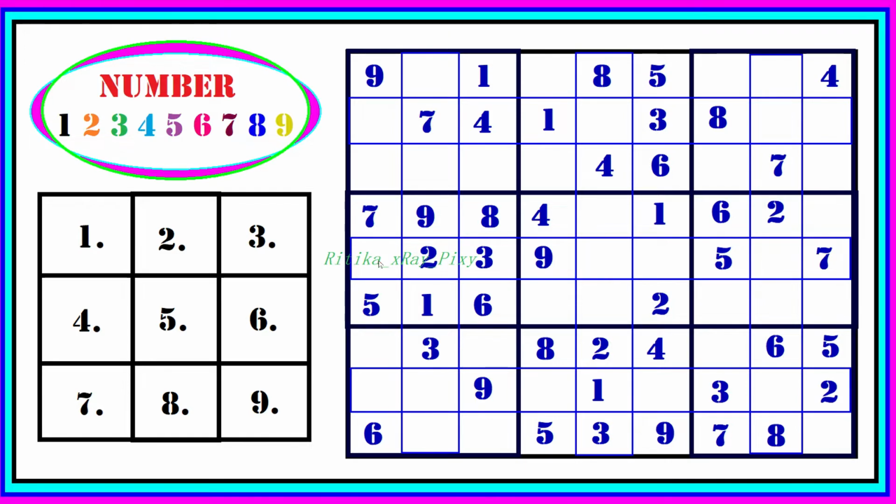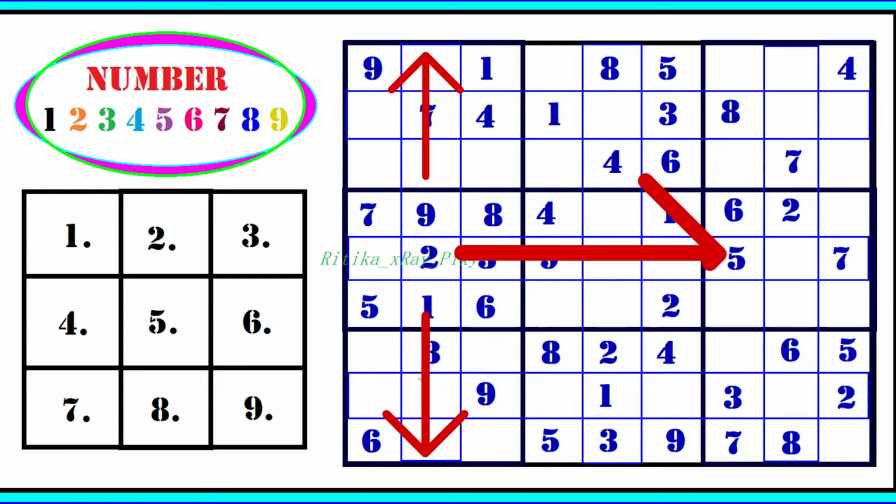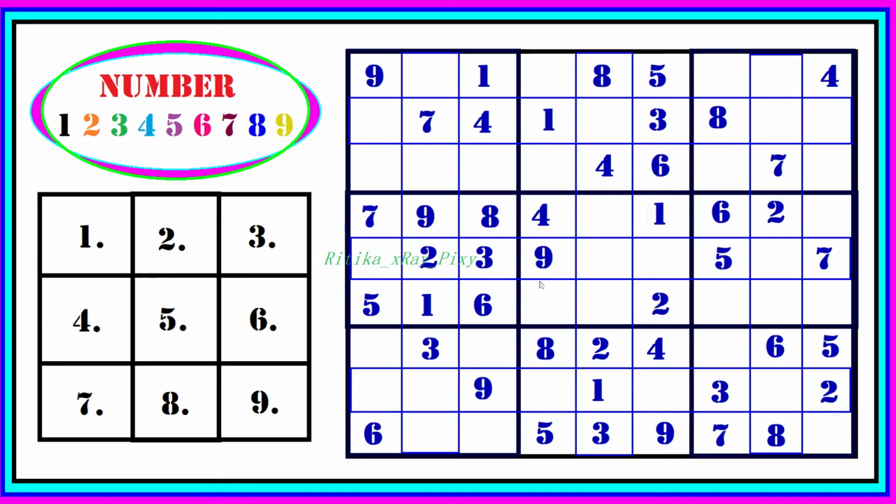So we cannot place 2 in the first block in here in the second column. So we have digits and blocks, and we need to fill the blocks with the missing digits, and the condition is we cannot repeat the same digit in the same row or in the same column.